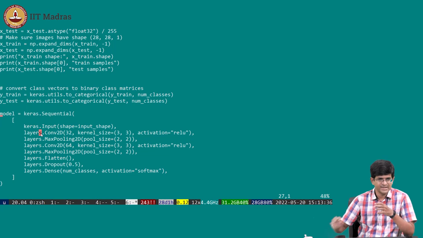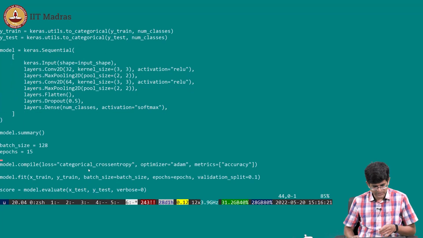So in other words, it's directly creating a pipeline out of the things that you have provided to it. Input goes into a conv2d, that goes into a max pool, again convolution, pooling, flatten, dropout and dense, and finally you get an output over here. And you can actually print out what the model looks like and so on.